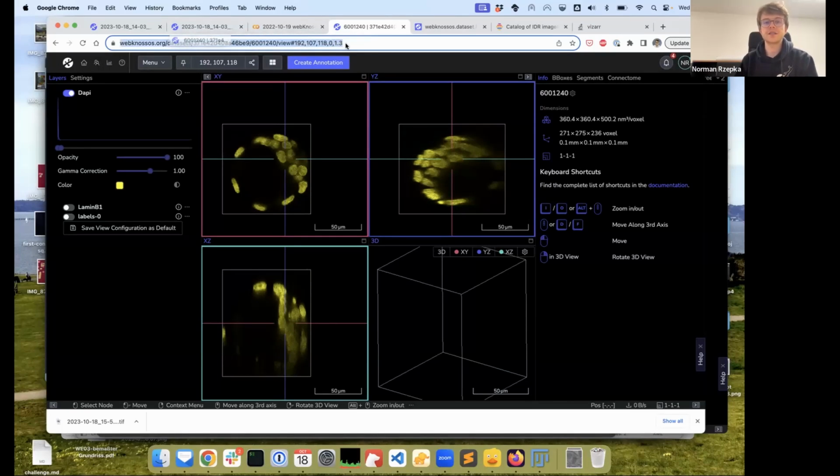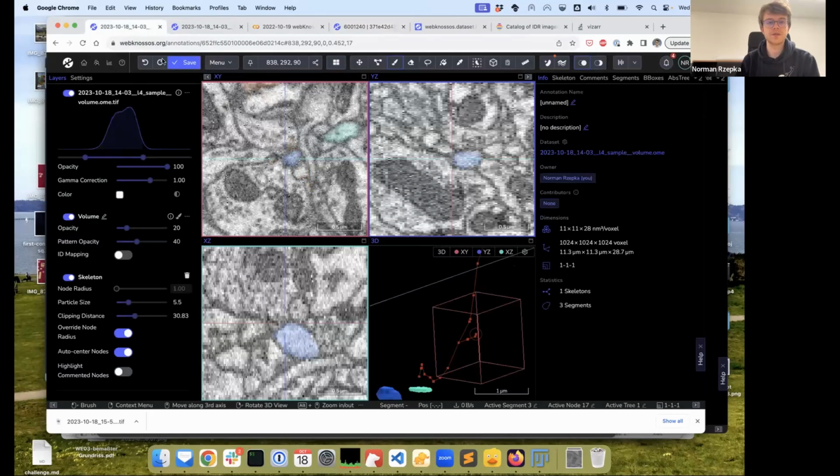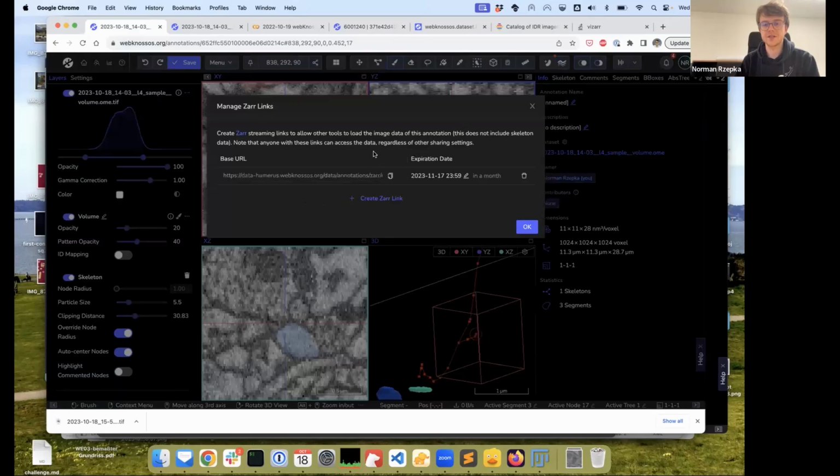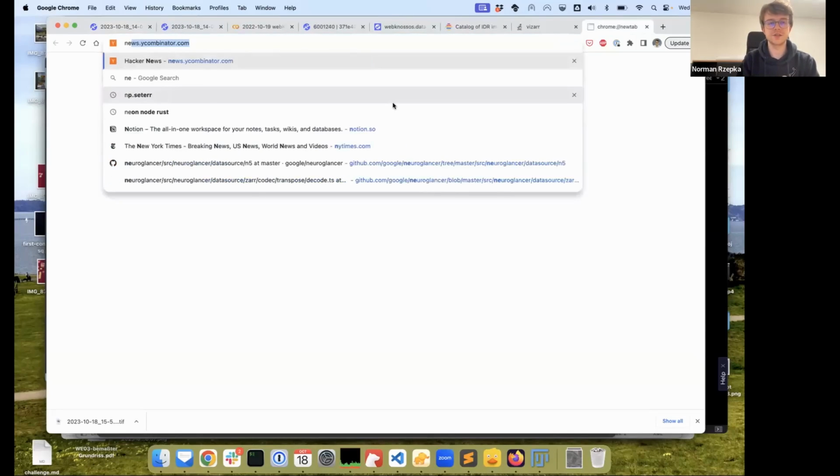And for that, let's go with this data set. So I'll go to the menu here and click on Zarr links, and I can create a new Zarr link. I have to do this because it's a private data set. If it were a public data set, then there would already be a standard